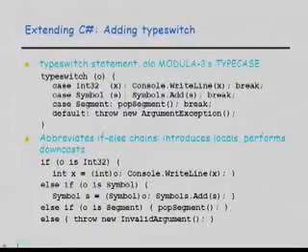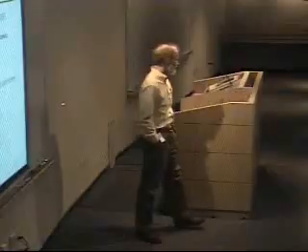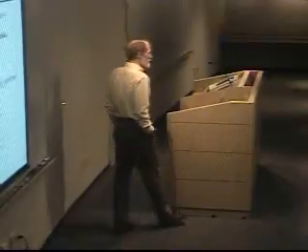Okay, now, I started out by saying we wanted to use this as a way to experiment with language design by adding new language features. So I guess I ought to spend a little bit of time on some of the research uses, not just the toys. Well, let's look at one